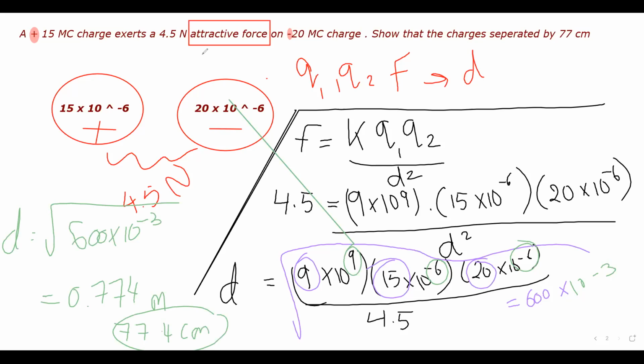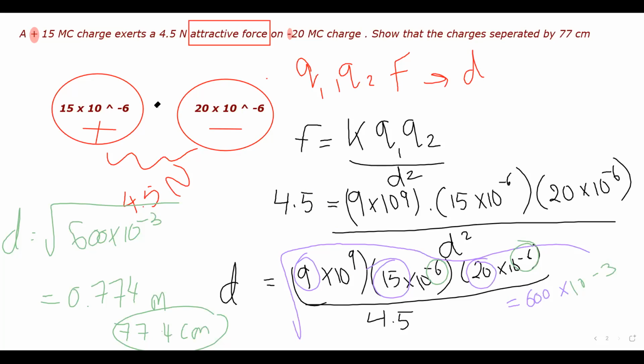Is it clear? Yes, teacher. So here I will repeat. As you see, we have two objects that are charged with 15 microcoulomb and 20 microcoulomb. Now you have to find the force between these two charged particles. They told me that the force is 4.5 Newton. I want to find the distance. How can I find the distance? Just evaluate with this formula here. K is 9 times 10 to the